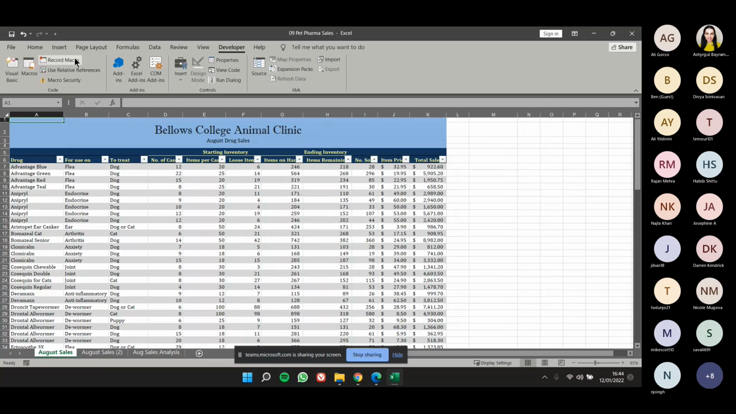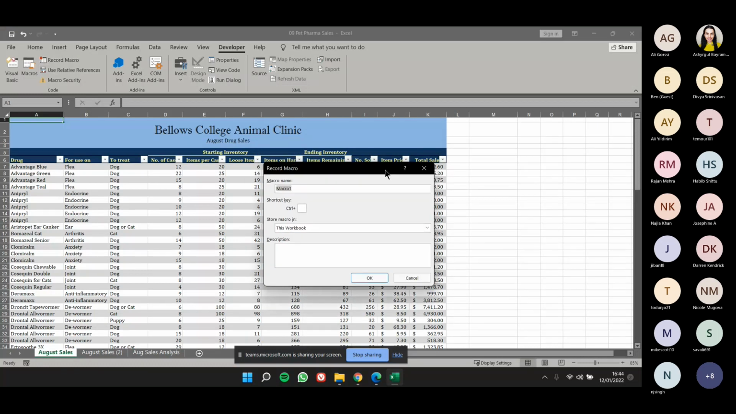So we're going to record a macro. It's going to ask us to provide a name. So let's say apply styling. Okay. This macro that I'm doing right now will apply some sort of styling to the worksheet. You can give it a name, and you can give it a description. Okay. And if you want, you can also specify a shortcut key to launch this macro. Okay. So if we click OK,